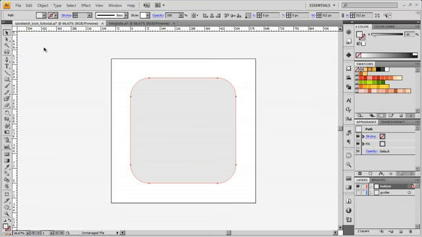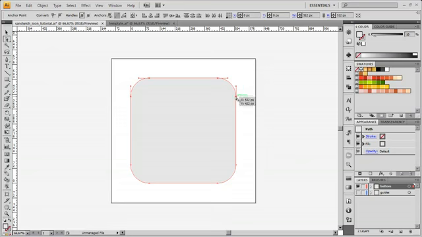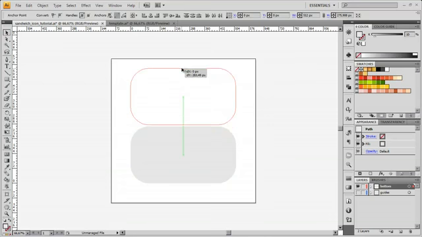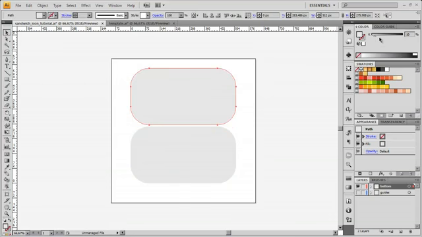Okay, I'm going to go and get my direct selection tool, and I'm going to marquee over those 4 top points. I'm going to drag them down to about this location. I'm going to release. Next, I'm going to create a copy of this shape and fill with a slightly different